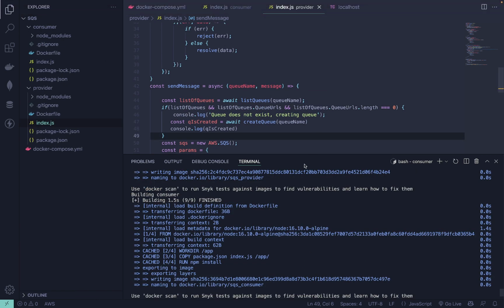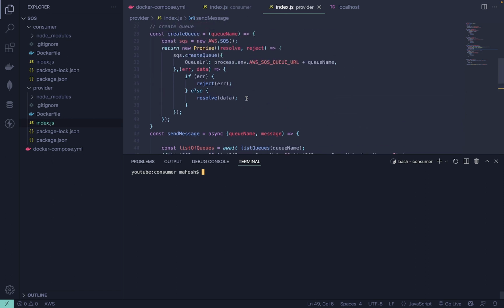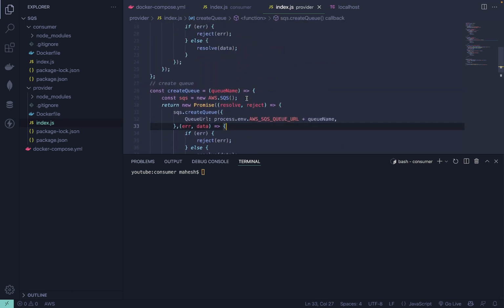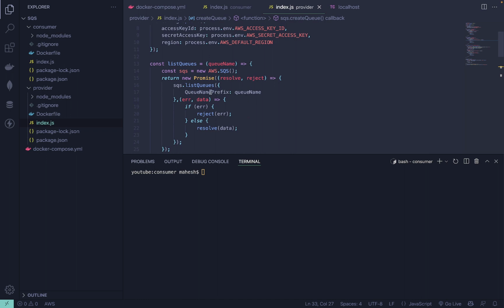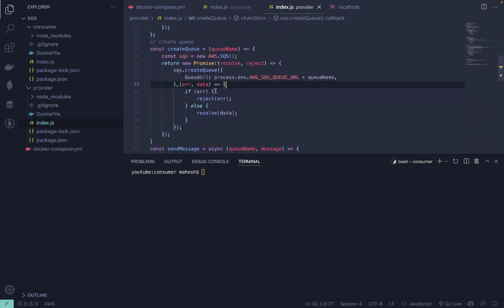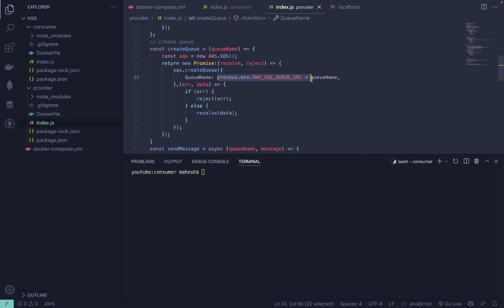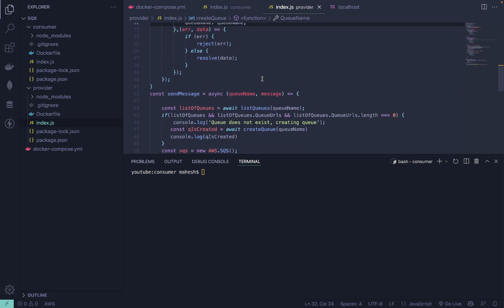So I guess I found the errors. So okay, cool. So here now, first thing that we need to change is inside provider we have provided URL. Here we don't need to pass URL. We can provide a queue name directly over here. So this is the first thing, and after that we can use one more thing like